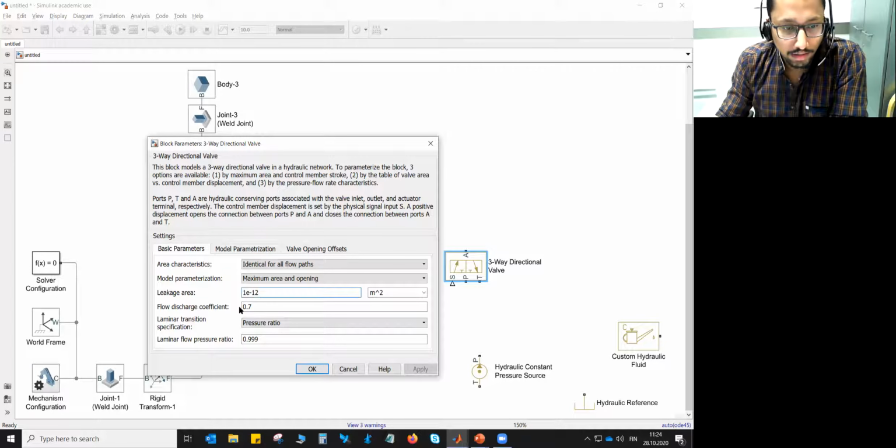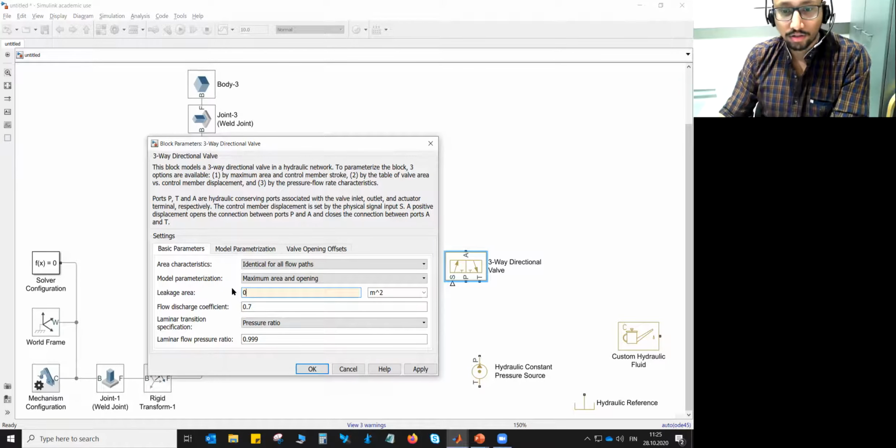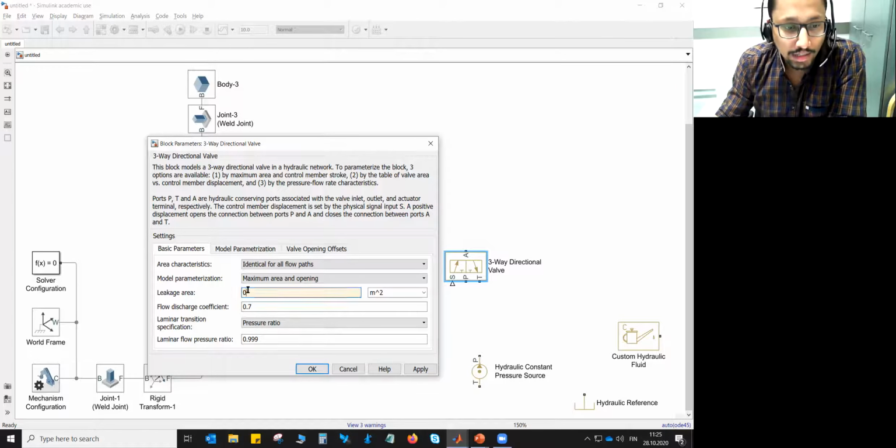So let's see the properties. The area characteristics will be identical for all flow paths, and model parameterization will be maximum area and opening, right? In the leakage area, it will be 0 meter per second per 0 meter square because we don't want any leakage. And the flow discharge coefficient can be as it is, which is 0.7.